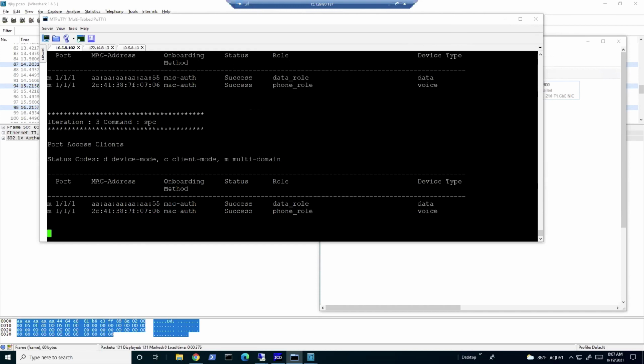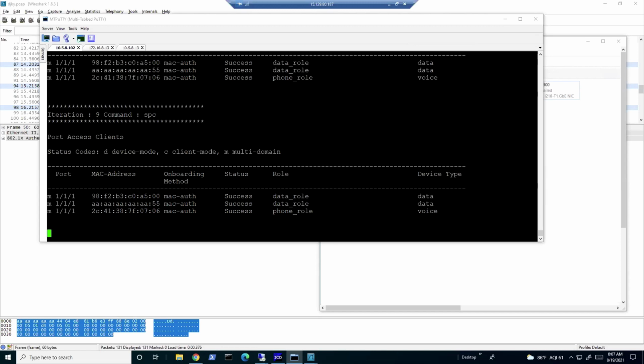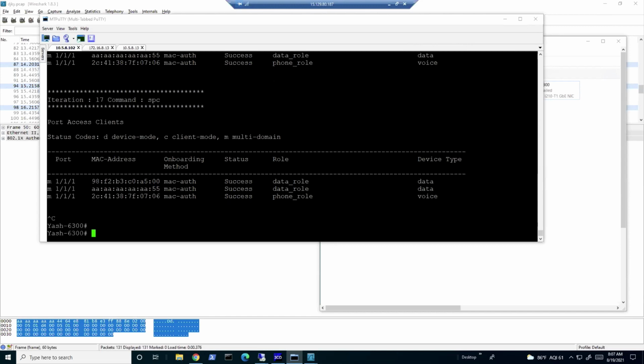So all these things on the port we can do the auth mode, or you can also do it from the role, which I'm going to show you one configuration from the role. You can see now the client limit, I've increased it to 3, though there are only 2 data devices currently. You can see here, this is the one L2 switch and another is the PC, which we got. Both are getting the data role. And the one is only allowed for the voice, even though there are 3 voice clients for this port 1/1/1, as we saw in the topology diagram.